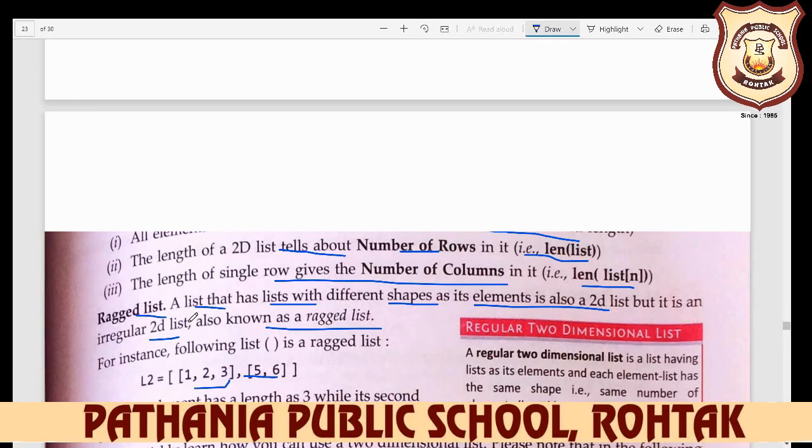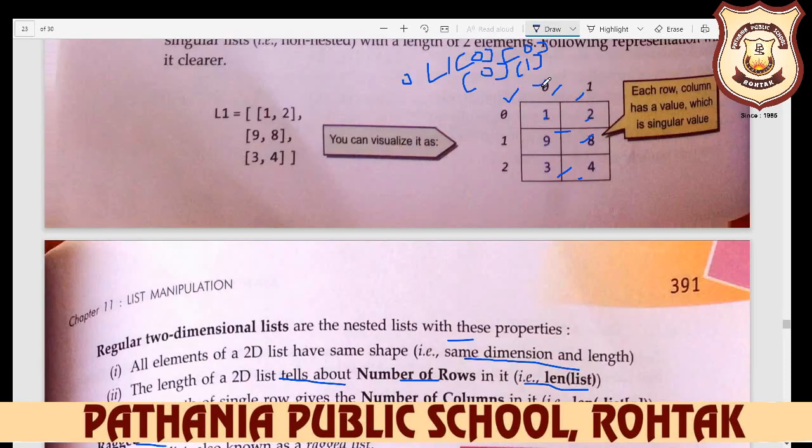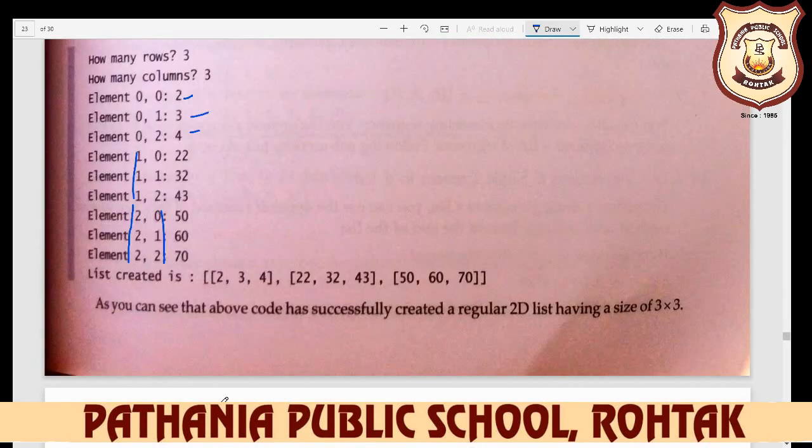So your rows are 0 0, then 0 1, then 1 0, 1 1, then 2 0, 2 1. So these are the rows, and this 0 and 1 is the column in the two dimension list, and it displays the answer in this form.